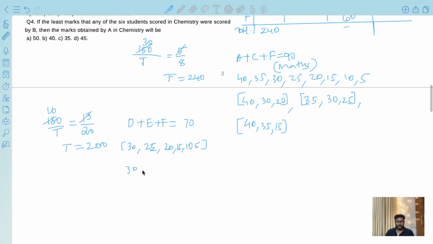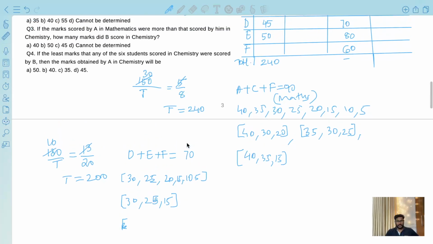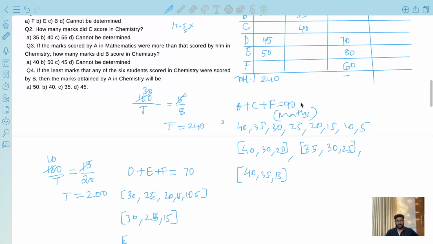Students, I did 30, 20, and sorry, 25. One option. Another 30, 50, 30, 20, 50. Yes, only one option is there for DF: 30, 25, and 15. And the total is